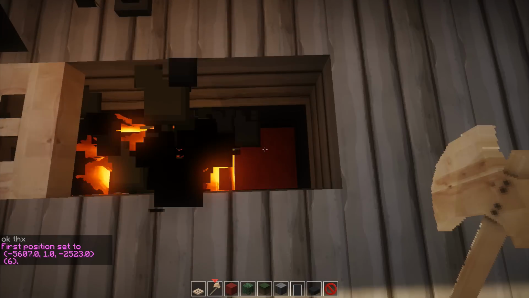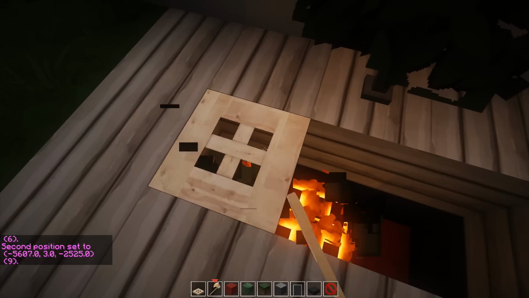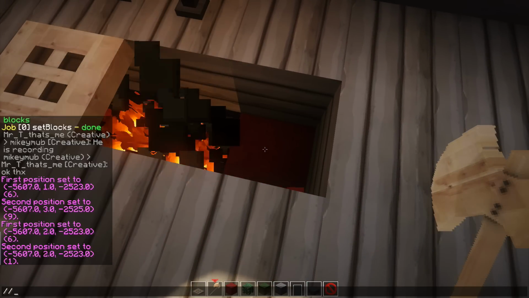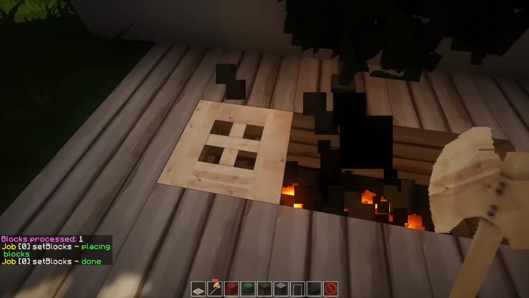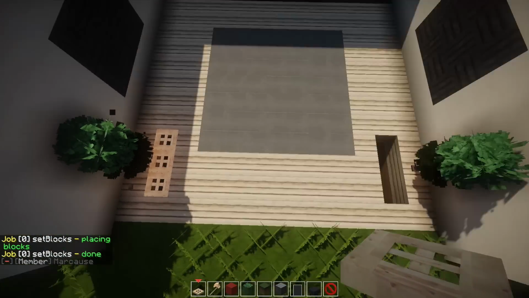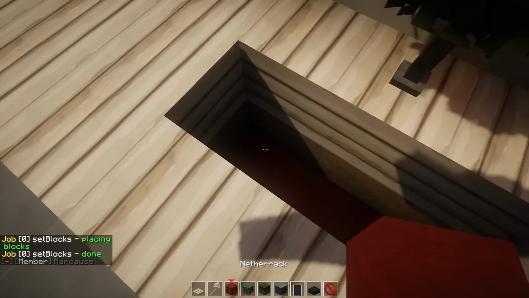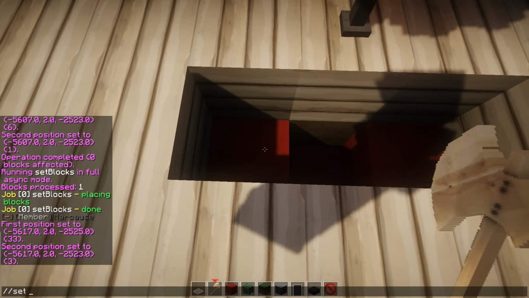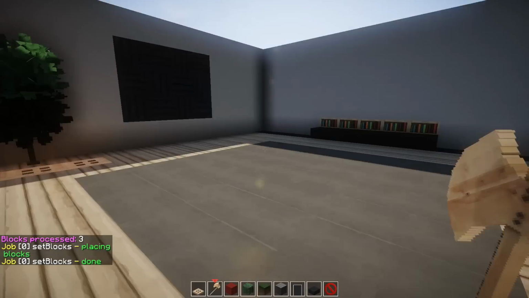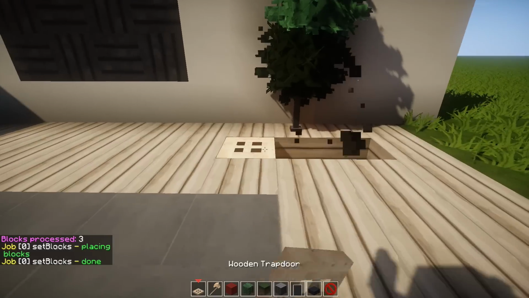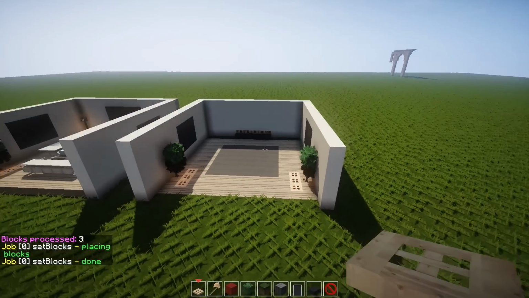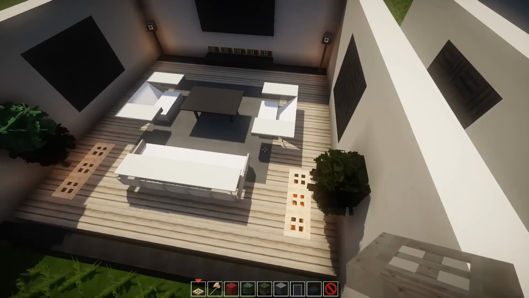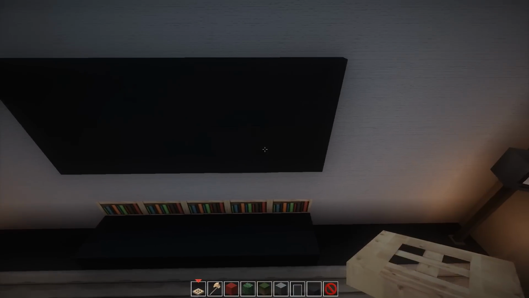What I'm going to do now is I'm going to tap that. I'm also then going to, actually no, I'm going to have to do this. Worked on the other side, but not on this side. So I'm going to set fire. So once you've done that, what you can do on the other side is you can just do the same thing. Once again, this doesn't have to be done, it's not necessary, but it just adds a cool little detail. The idea was it could be underground sort of heating, but also it actually emits a tiny bit of light as well, which will help since we don't have a ton of windows in this room. But what we're going to get into now is the TV and how to do that.